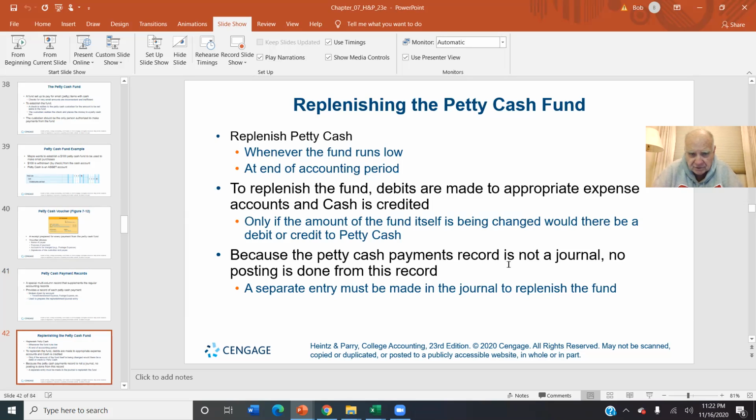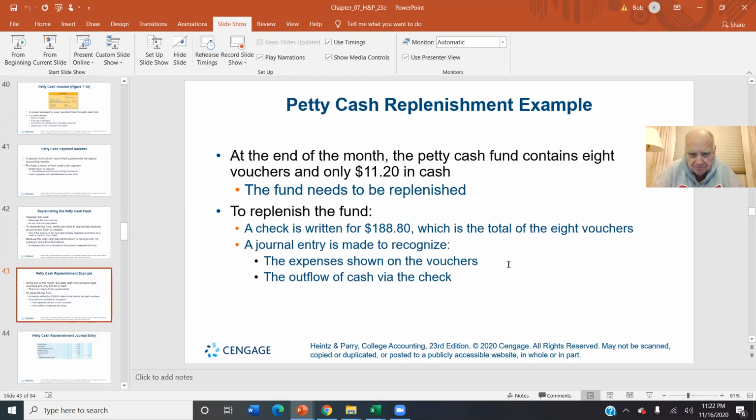And we're going to look at the petty cash fund in just a moment, okay? Here we go. Petty cash. At the end of the month, the custodian opened up her petty cash box and she saw there was $11.20 in there, okay? Wow, we started off with 200. She only got $11.20. So now she counts the receipts, and the receipts add up to $188.80.